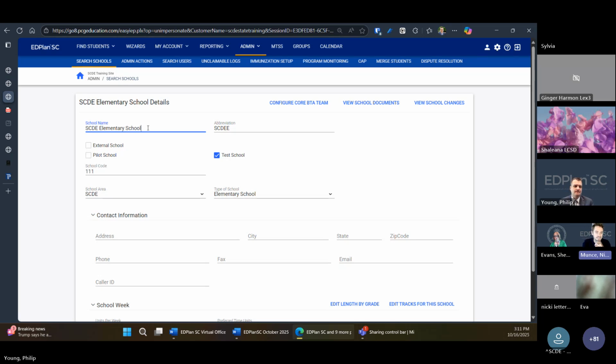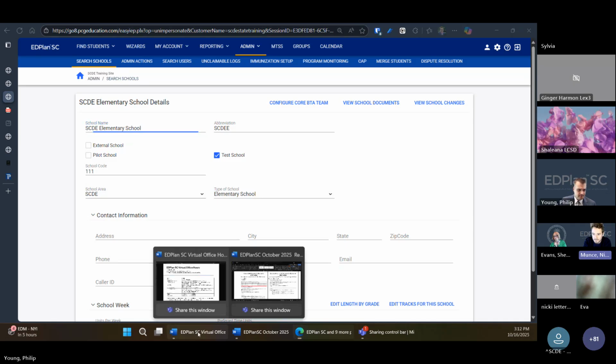So if you are seeing test students in your federal data, two steps. One, come in here and make sure the test school box is checked. Two, make sure that the school name contains or just is "test school." And then if you've done both those things and you're still seeing the issue, let us know in Zendesk and we can help identify it. But those two things, the checkbox and the name, should take care of 99% of these issues. Any questions on that? Anything folks in PCG or OSIS would like to add, or any questions from folks out there listening?